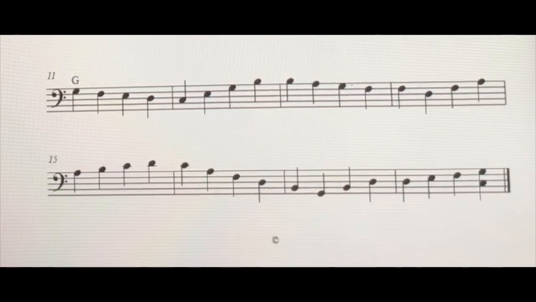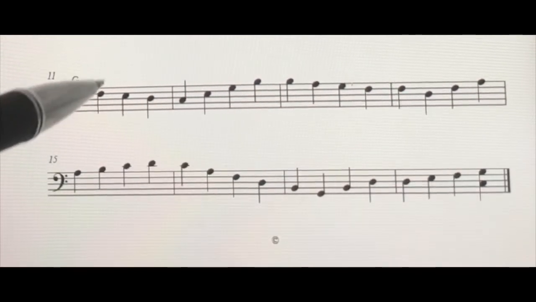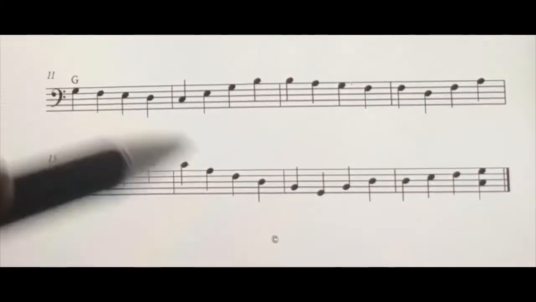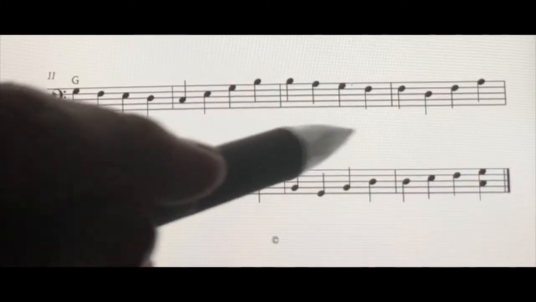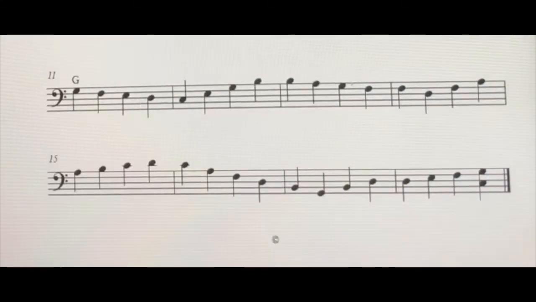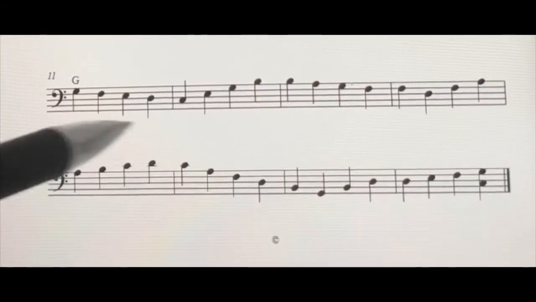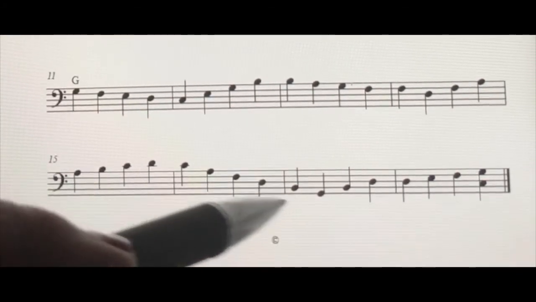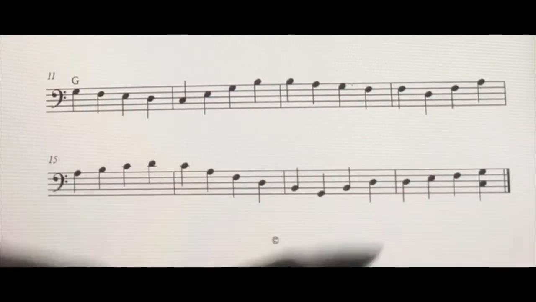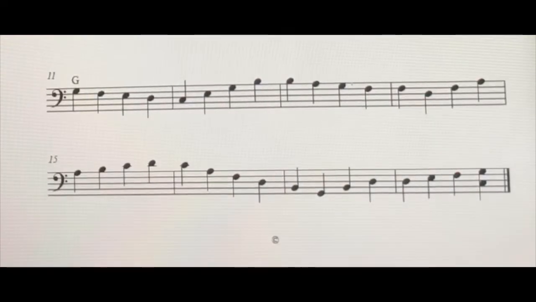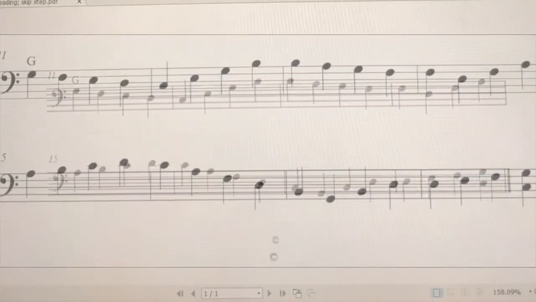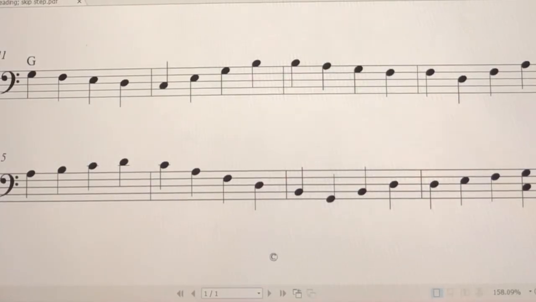Let's move to the bass clef melody. First measure, step. Second measure, skip. Third measure, step. Fourth measure, skip. Fifth measure, step. 6, 7 are having skip movement. And last measure, you see step note movement. G, F,